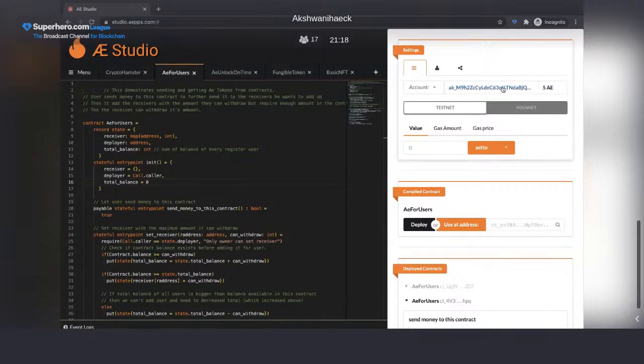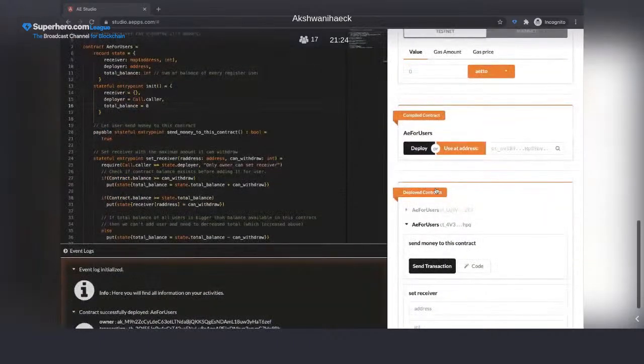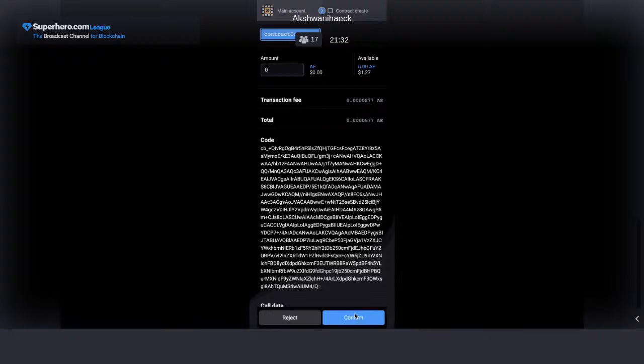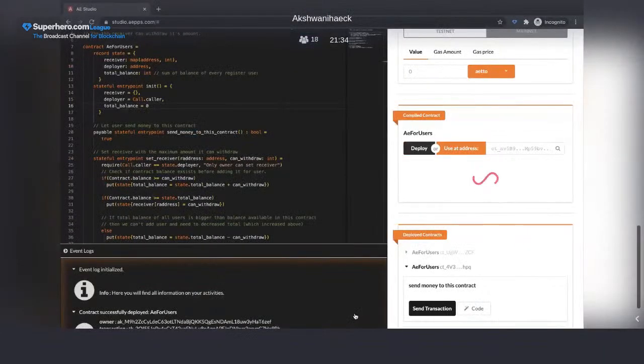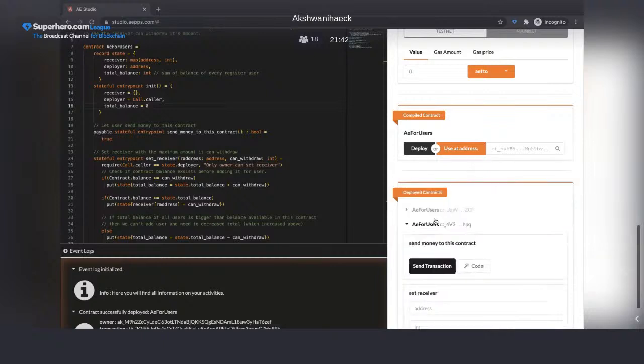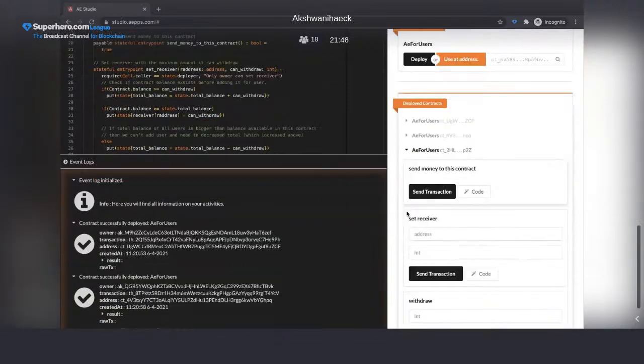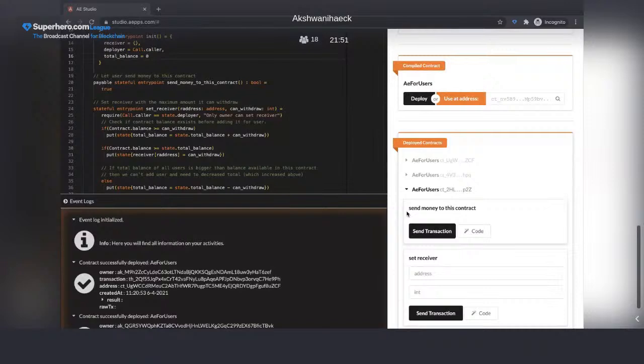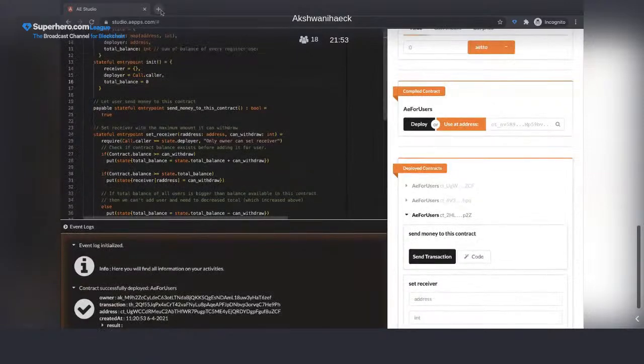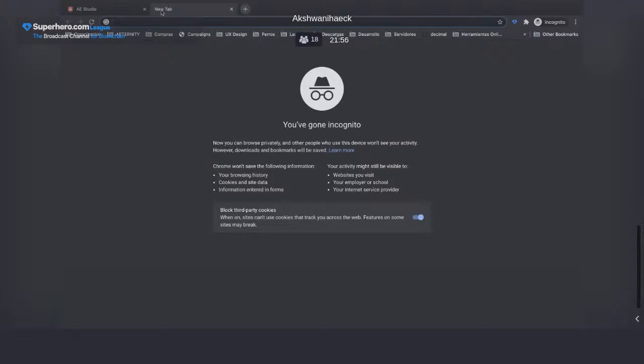As you can see, I have my wallet address with the 5 AE tokens I have, and here I can deploy. I'm going to deploy, of course, signing with my wallet because we are using the real thing here. I will confirm my transaction and sign it, and I should see my contract compile right away. Okay, so I compiled and deployed a new contract on the mainnet. It is going to be here, and if you don't trust me, you can go to the middleware explorer, but it could take some minutes.